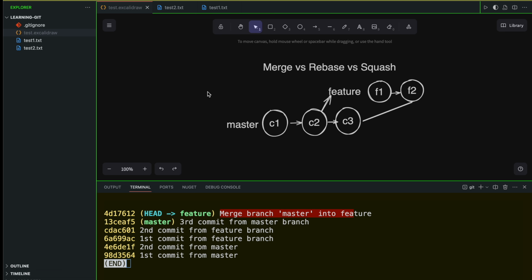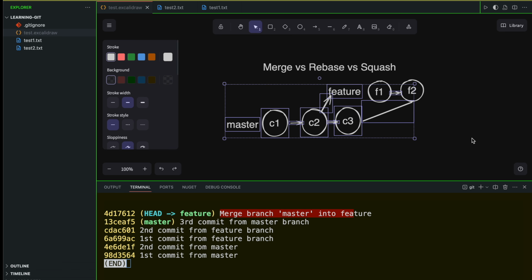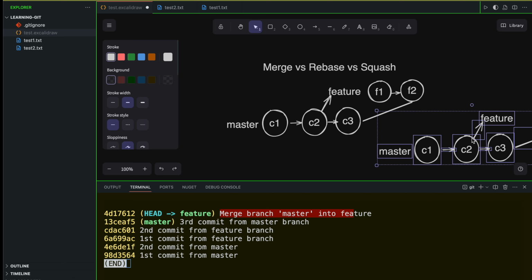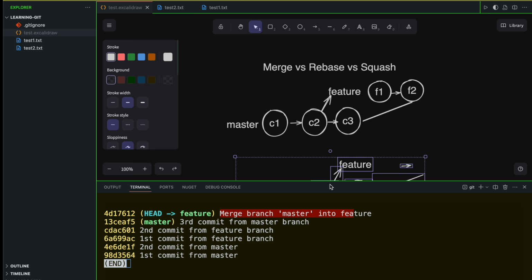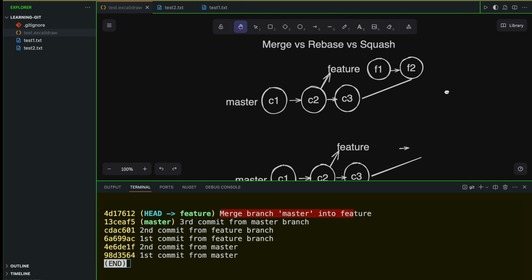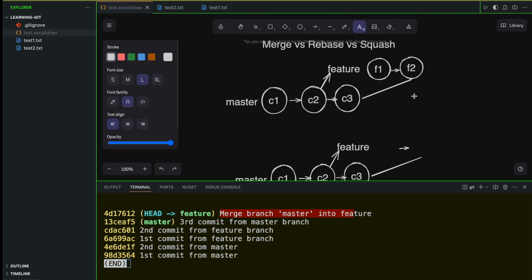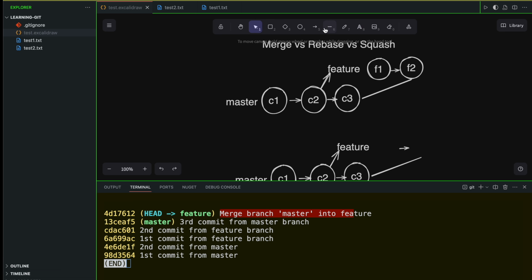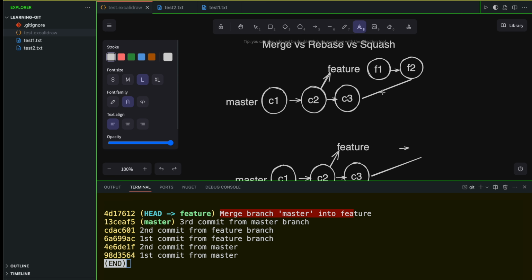So what we're going to do, we're going to do exactly same thing, but this time we will use rebase, and we want to see what the difference will be. So now let me just copy and paste down below. We're going to create the exact same scenario, but here what happened, I'm going to write it down in short. So when we have merge, I'm going to write it down again for you, so maybe it will be better for you to understand. I'm here going to write, we have merge,